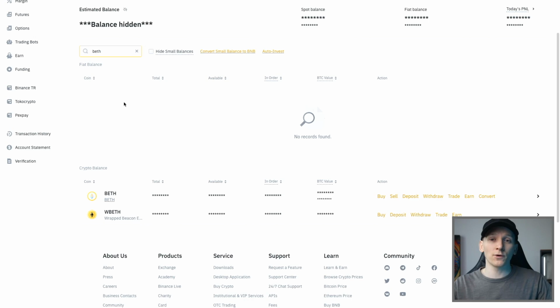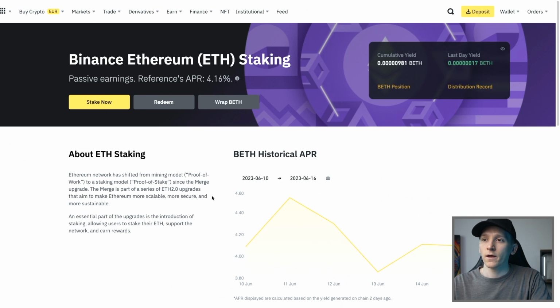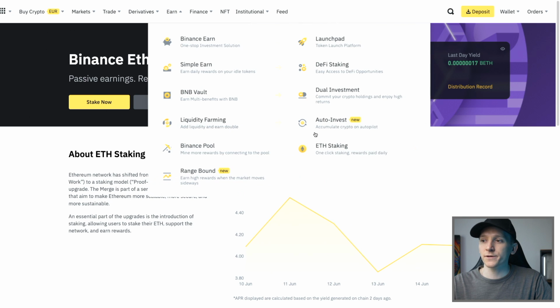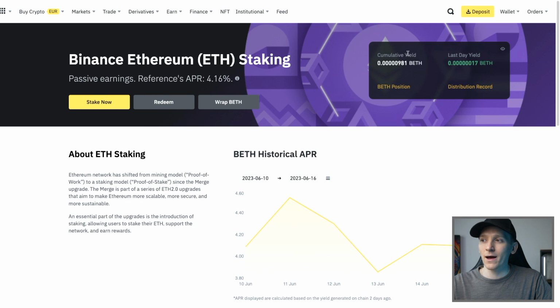Once you have staked your Ethereum, BETH will simply show up in your Binance spot account. You can see this right here. You'll see a balance, and this will accrue the staking rewards automatically, so you don't have to do anything else at that point. You can see on the Ethereum staking page through Earn ETH Staking the amount of your yield,